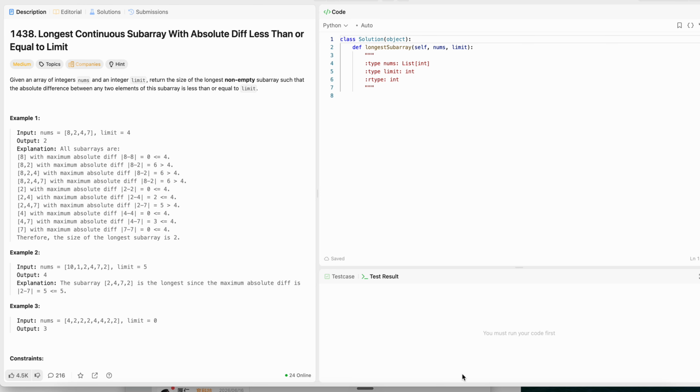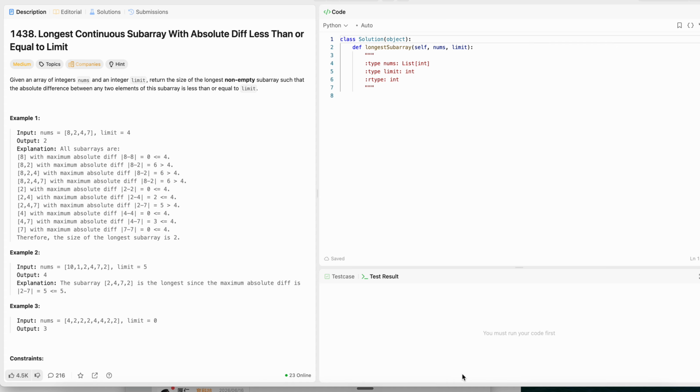And every time after I get a valid window, I will update the length and see what is the best. And the thing to tell whether this window is satisfied, since we need the absolute difference less than or equal to the limit,